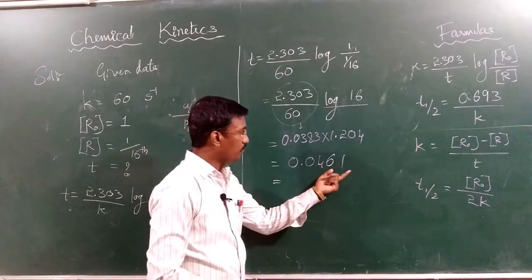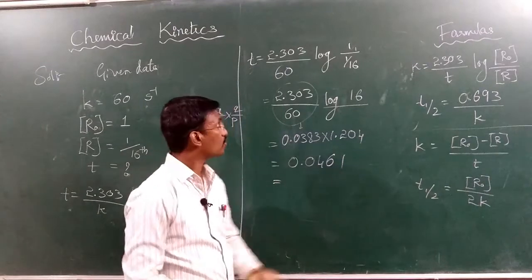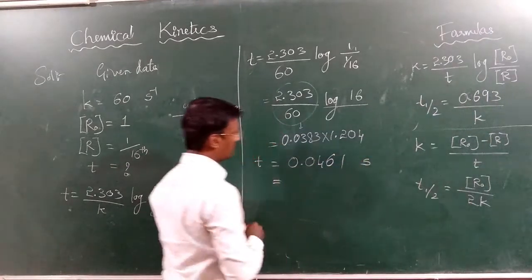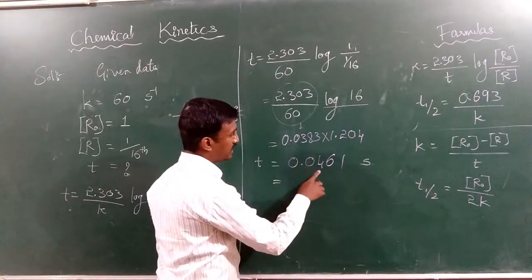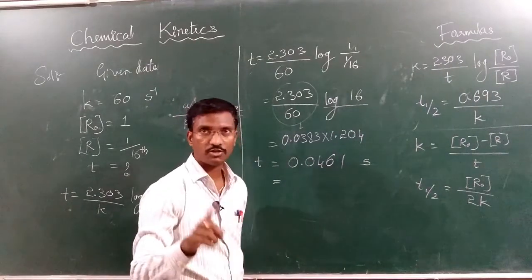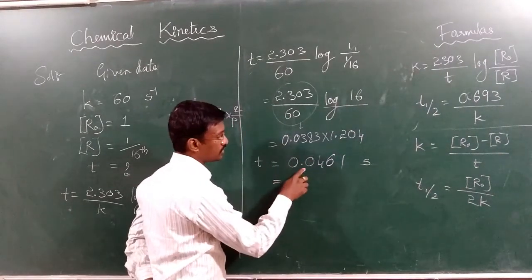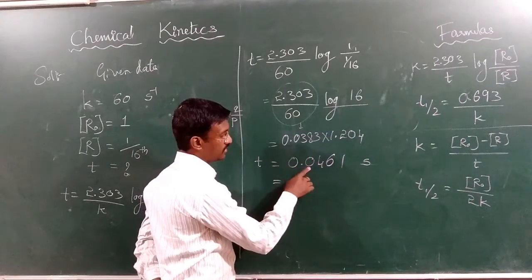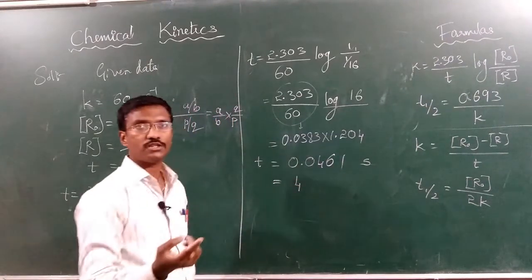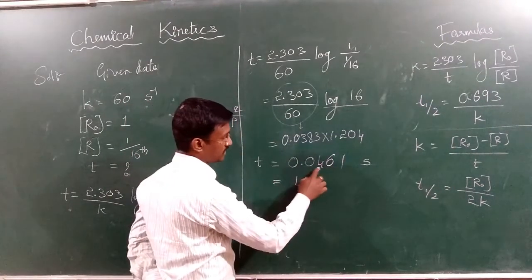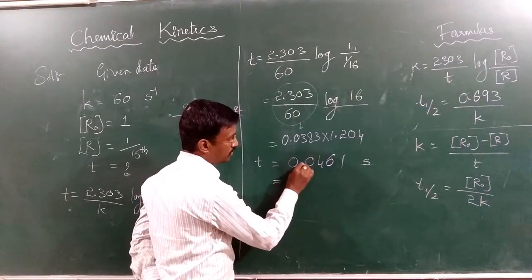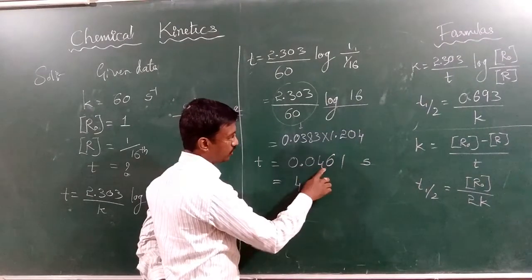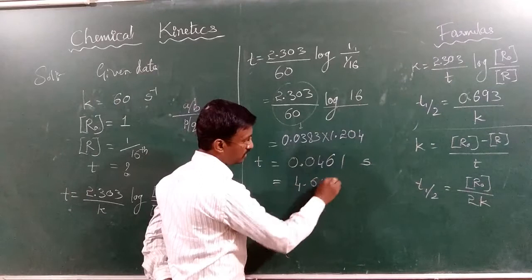If you keep the final answer up to here, there is no problem, they will give you the marks, and this time is in seconds. But better, while writing this final answer, you have to keep it in scientific notation. First write using the non-zero terms. The initial zeros are there, and the first non-zero digits are 4, 6, 1. I am going to shift the decimal point to after 4, shifting 1 and 2 places. Therefore, 4.61 into 10 raised to